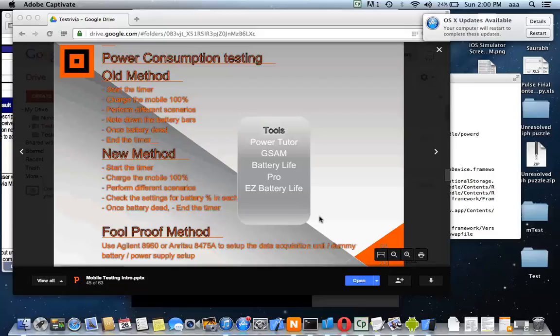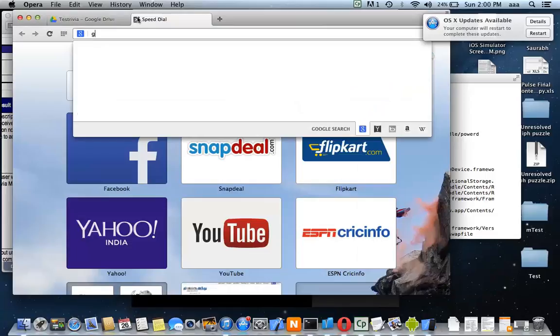So the old method was we used to fully charge the mobiles. For example, we are actually testing in an OEM environment and it's an SMS application, or we are going to do a power consumption test, and we fully charge the mobile, and we take another competitor mobile and we fully charge it and make sure that we are taking the same power of battery. For example, if you check GSM Arena,